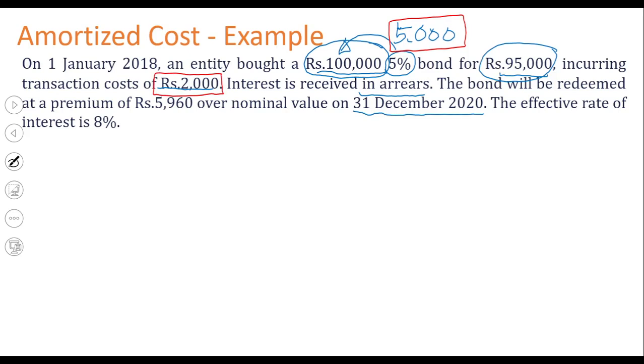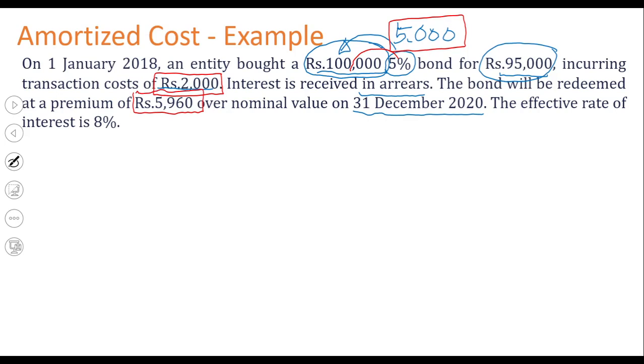Also on a yearly basis for 3 years, at the end of each year we are getting 100,000 into 5%, which is 5,000 interest. Right? So those are the gains, and on top of that you can see the bond will be redeemed at a premium of 5,960, which means by the time we redeem after 3 years, when we are asking our money back, we are